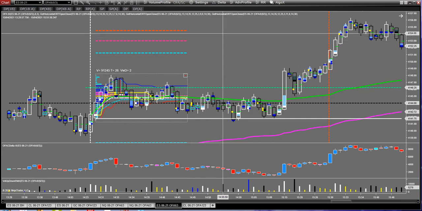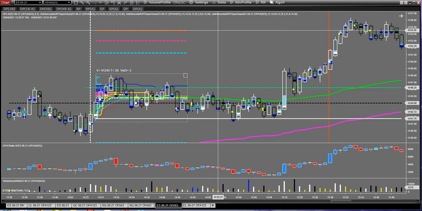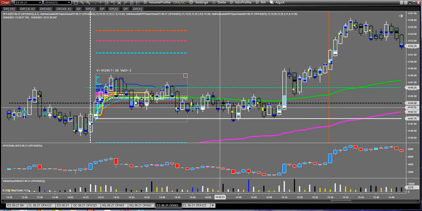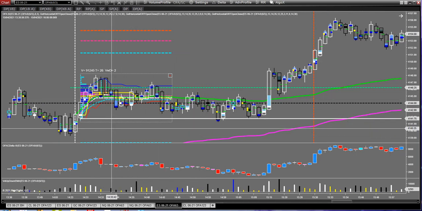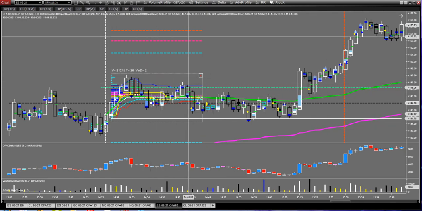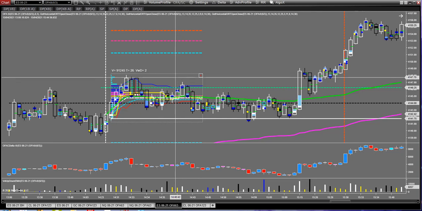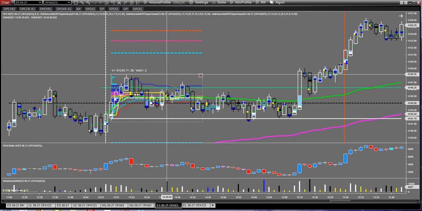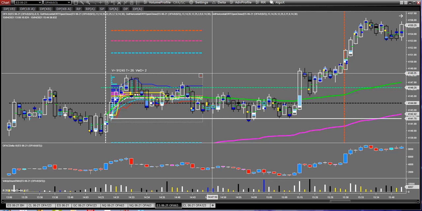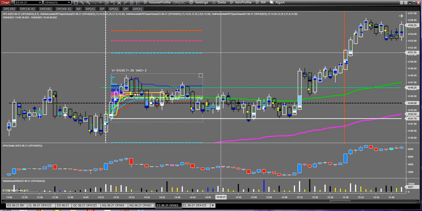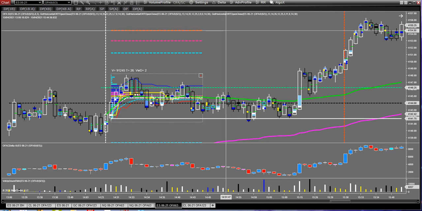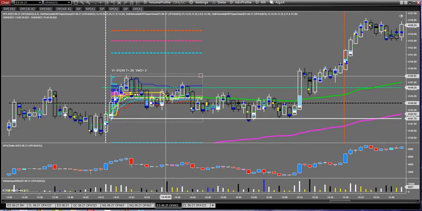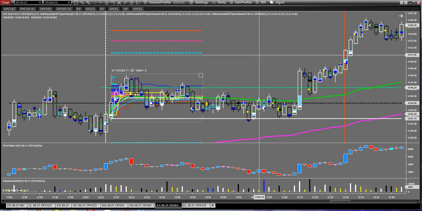Rather than going into Fibonacci numbers like 1.272 or 1.618, I've never really subscribed to those numbers. Sometimes you get confluence, but usually it's in line with something else rather than the actual specific fib. But if you consider how the floor traders and other traders operate to calculate projections of a move, they're going to keep it more simple. They're not going to use these complex numbers. So this is what this blue is, the 50, and that orange is a whole move measure of